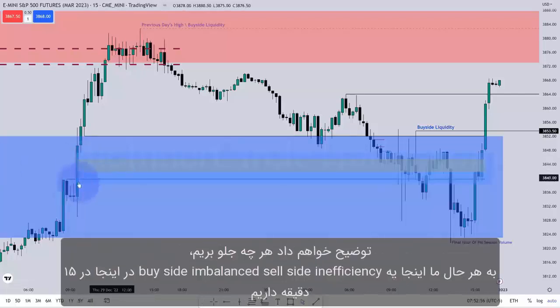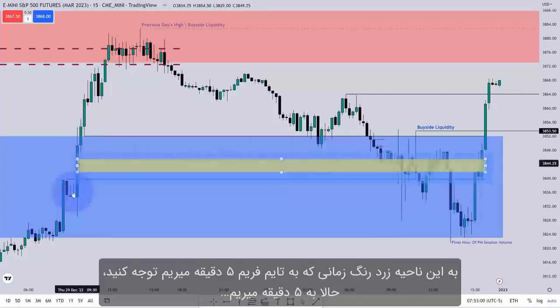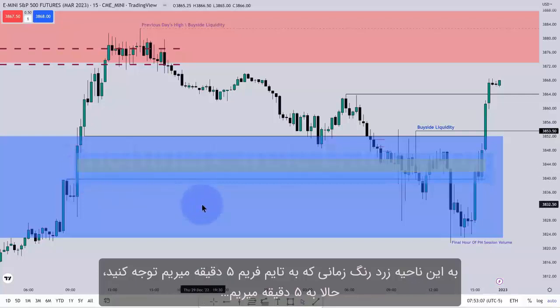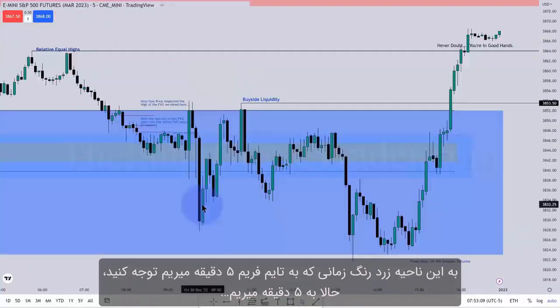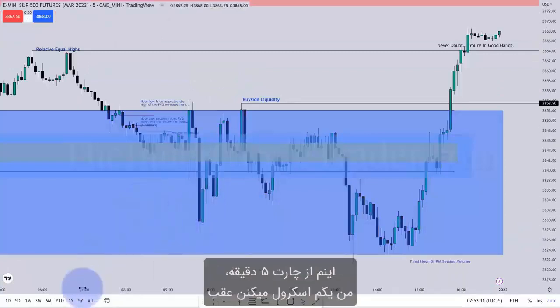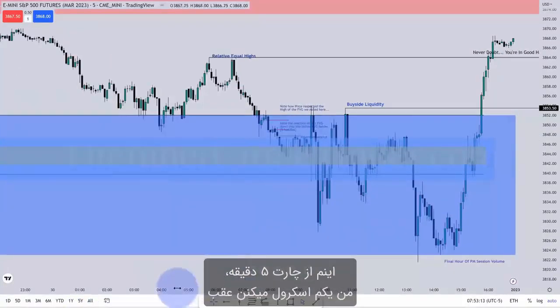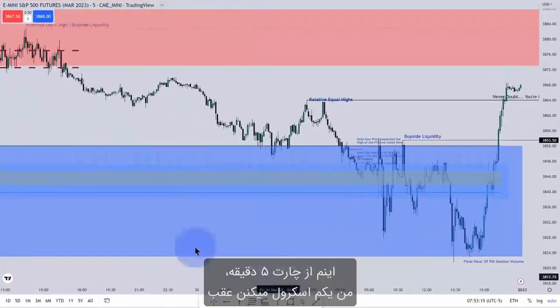But we have a buy side imbalance, sell side efficiency here on the 15-minute chart as well. And this yellow one, we'll see that when we drop down to the 5-minute. Okay, and here is the 5-minute chart. And we're going to scrub over here to